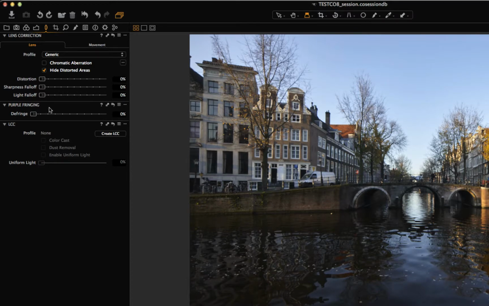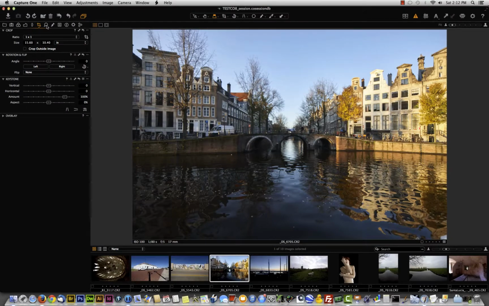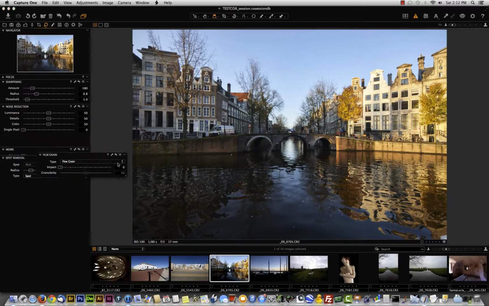And the other thing that is good, we have the purple fringing now as a separate tool, and this is very useful because this tool can be used in local adjustments. The crop is the same. In details now we have better tools because the noise reduction is improved, so it's better than before. And we have this new tool that is the fine grain,